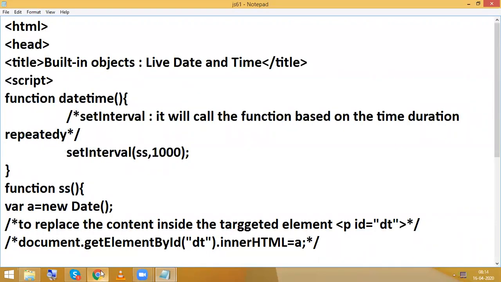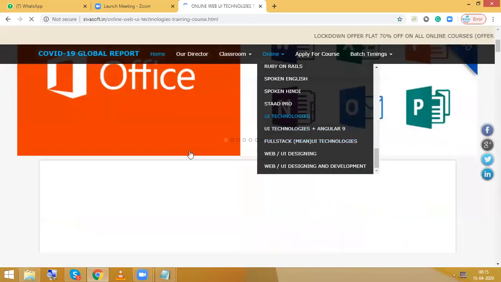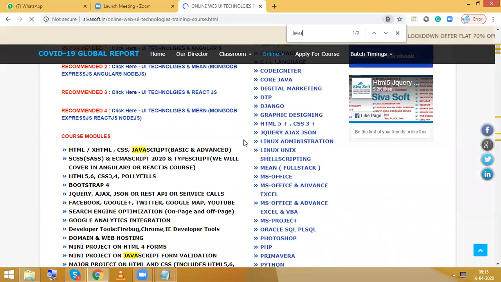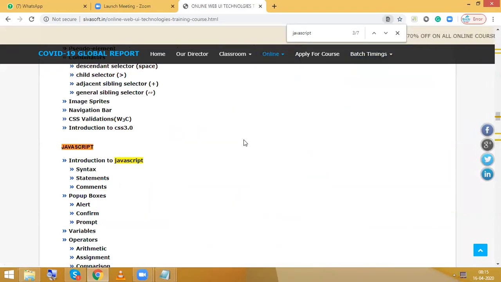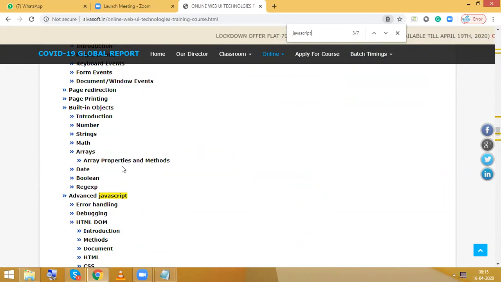We discussed up to the date object, so next pending. Here the math object is pending, and boolean and regular expression. Now we are going to check the math object.